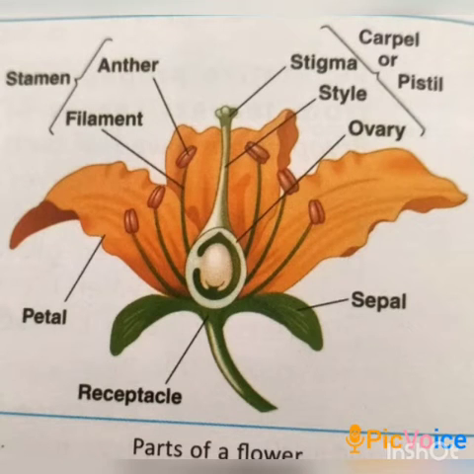Good morning, students. We are doing the chapter Reproduction in Plants, in which we discussed asexual reproduction, vegetative propagation, and different methods of asexual reproduction like budding, fragmentation, spore formation, etc. Then we discussed vegetative propagation through stem, then through roots and leaves. Now today I am going to start the topic of sexual reproduction in plants.